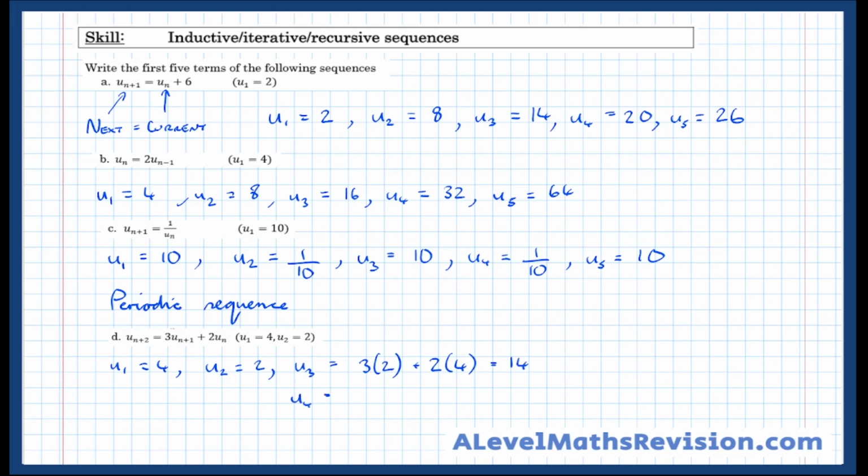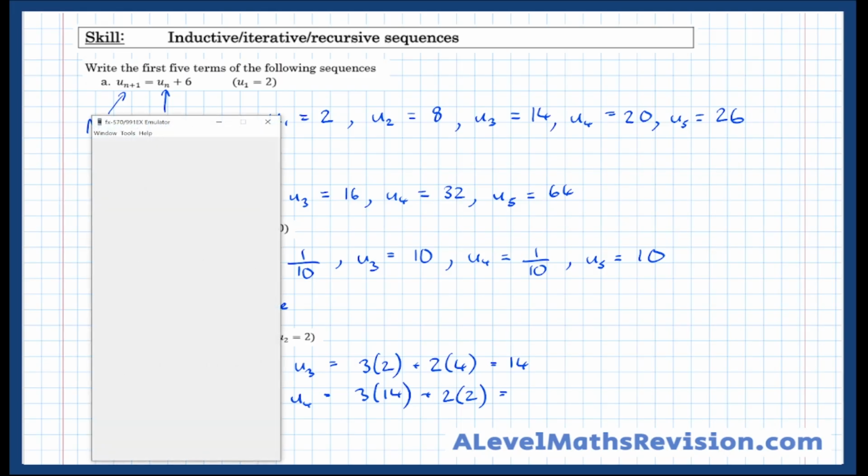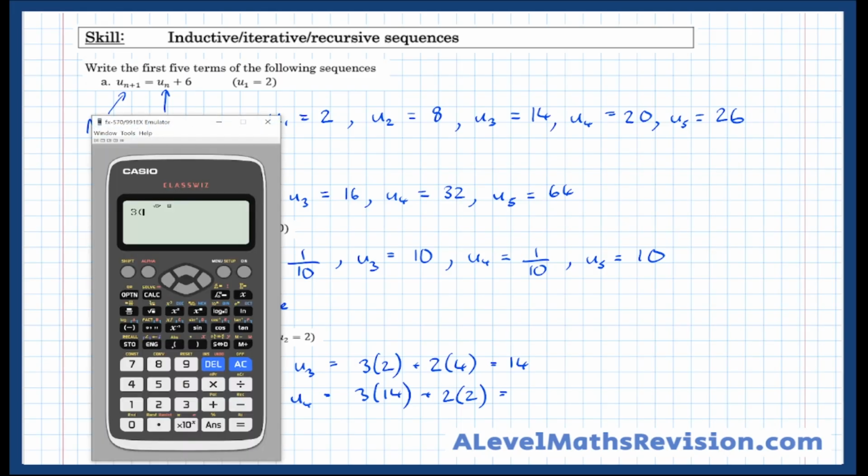The next term from that is 3 times the last term, so 3 times 14, plus 2 times the term before that, so plus 2 times 2, equals, and we'll use the calculator now,